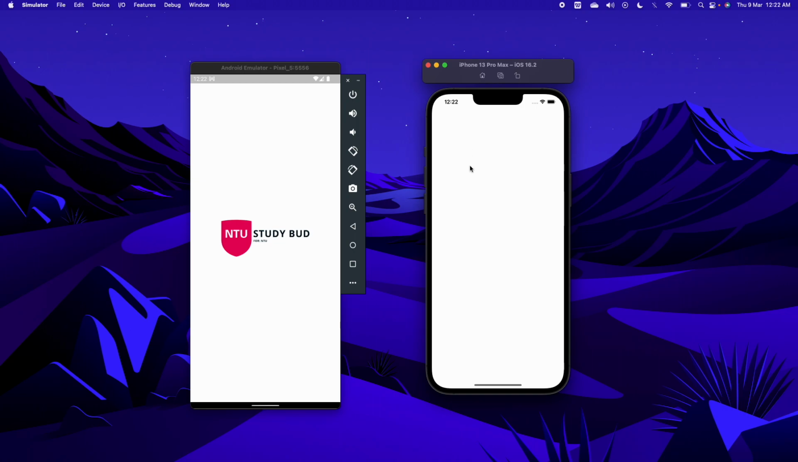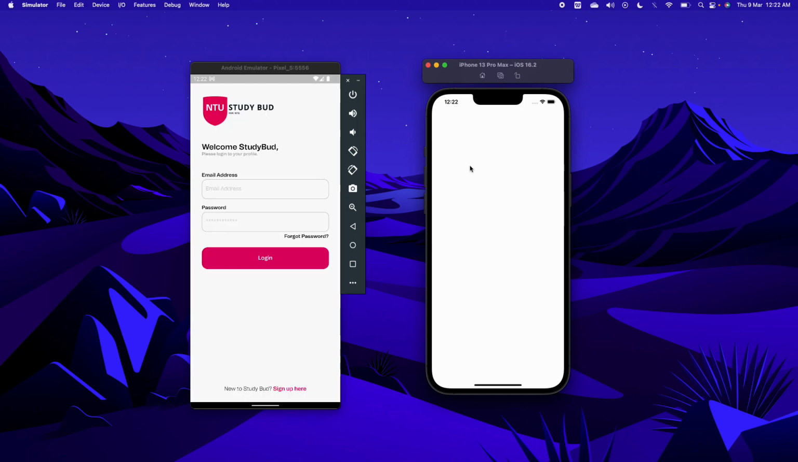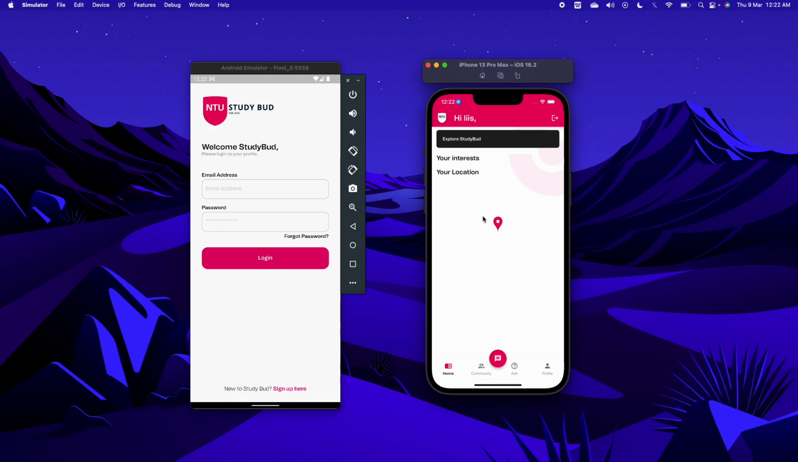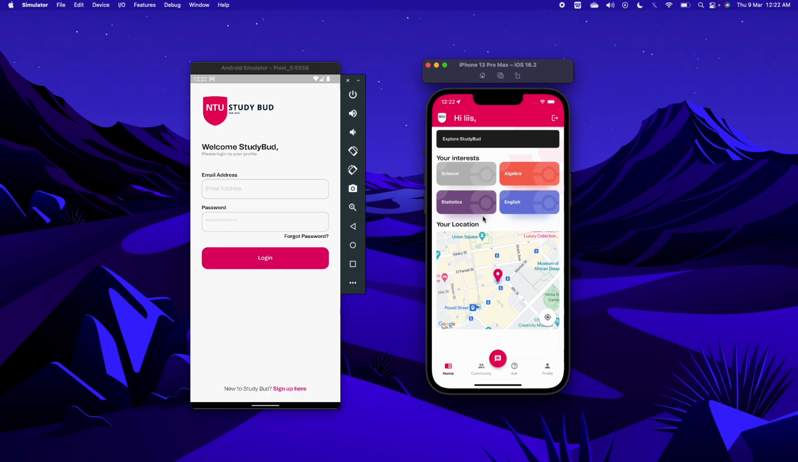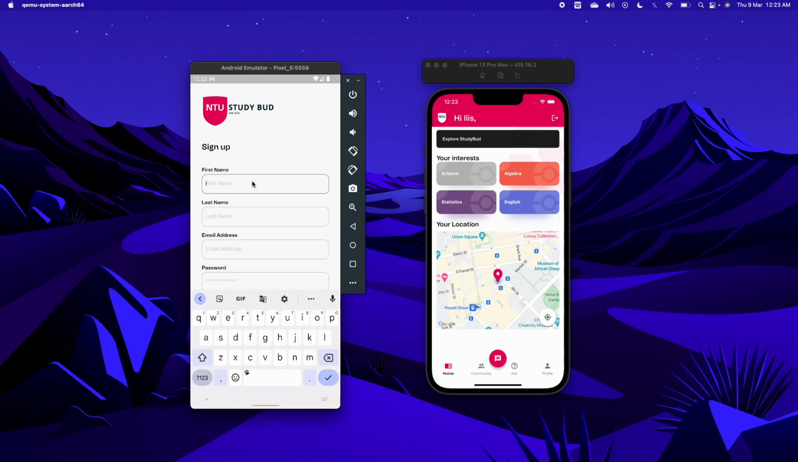So on my iOS device here, I have a logged in user, an existing user, and I expect that the application would log me in directly and navigate me to the home screen, because StudyBud uses local data storage and a user is identified without being required to sign in again. For a new user, however, you'll be navigated to the login screen and required to sign up as a first-time user. So for this user, I'll be signing up as